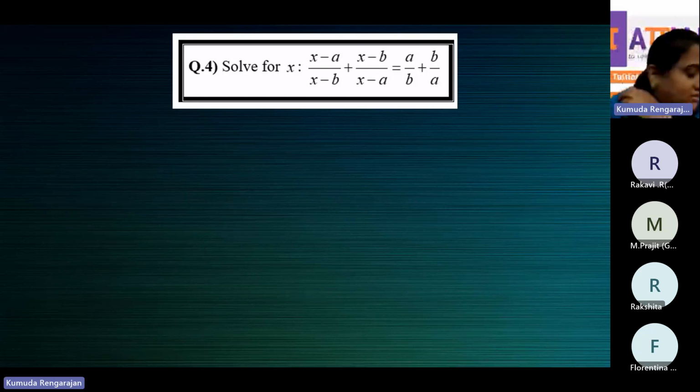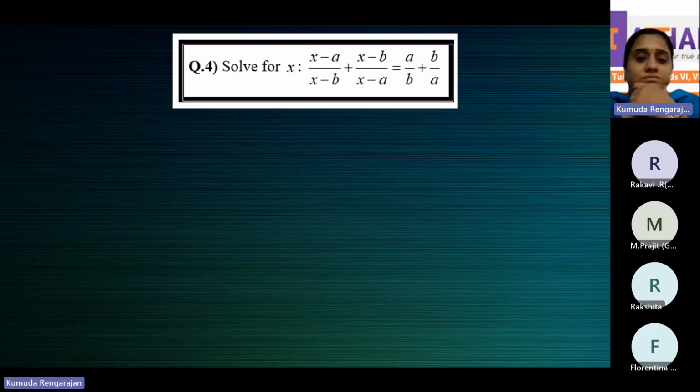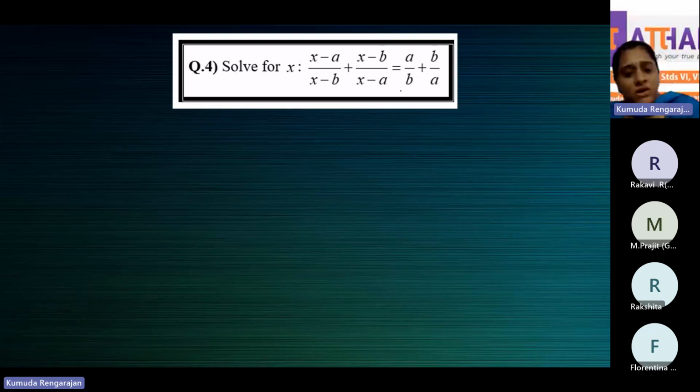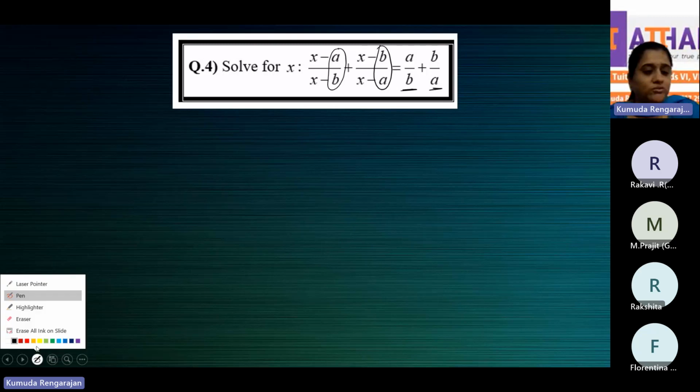We'll do this one and then we'll just take a test on polynomials. Now here, what you have to do is, again, how you get started is very important. So here you have a by b and b by a. Now can you see something like a by b here? And can you see something like b by a here? So what you do is,